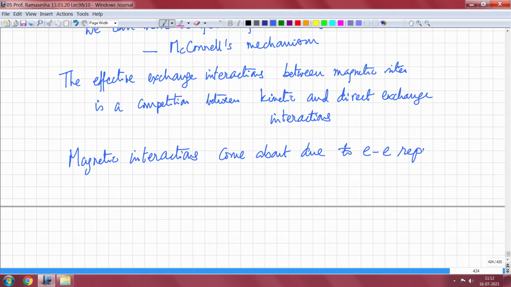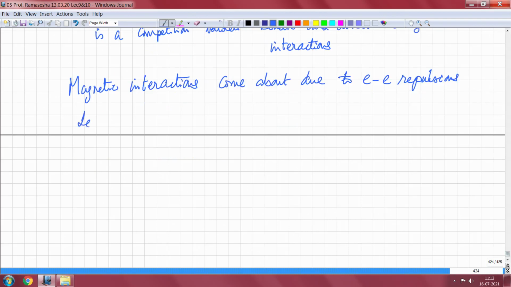If you do not take into account electron-electron repulsions, or even if you take it in the mean field sense, you would not be able to observe any magnetic interactions. No difference in energy between the singlet and the triplet will come about if you do not consider explicit electron-electron interactions. So let us revisit